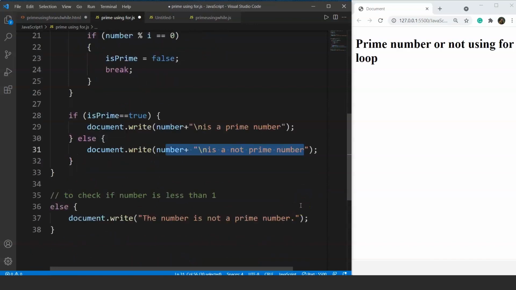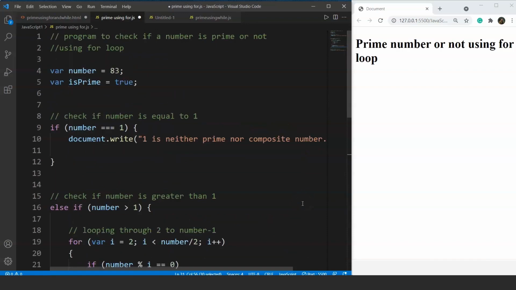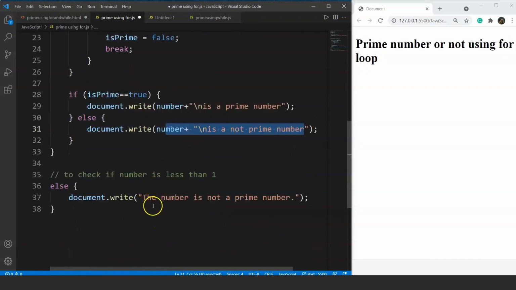So at last we will check if the number is less than 1. If the number entered by the user, or any other number we have taken, like -5, it will print that the number is not a prime number, because by the usual definition of prime numbers, any negative number cannot be a prime number. That's the usual definition, right? So we have to keep this in mind, and in this else block we'll make sure that if any negative number is entered, the program gives the output that the number is not a prime number. So let's run this program and check the output.